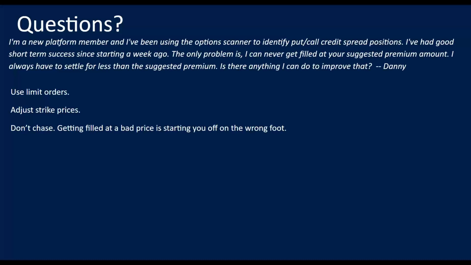So one thing to do, right, is use limit orders. You'll typically get a better fill with a limit order than a market order. With a market order, you're going to get basically the worst possible price for everything, whereas you can a lot of times use a limit order, especially with options, and squeeze the market maker a little bit and just get a better price by using a limit order instead of a market order. You get filled at the same time, the commissions are the same, but you get a better price using a different order type,